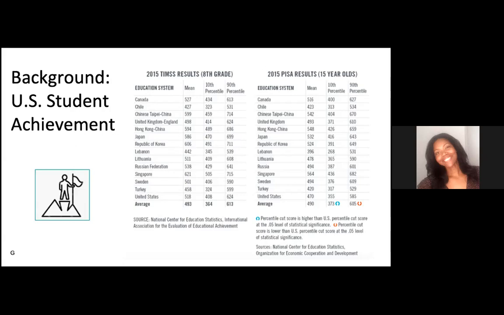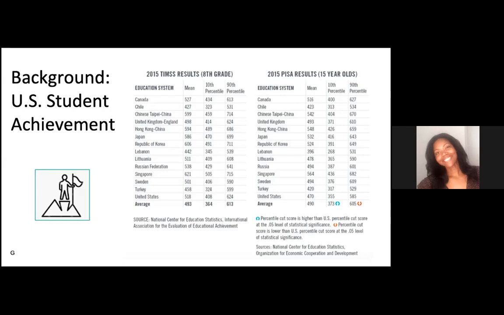And you'll see at the very bottom of the left table that the average performance on this assessment for 8th graders is a 493, but the United States is only slightly above that and is outperformed by Canada, China, Singapore, Russia, Korea. And so we're thinking about, why is that happening? We know there are several differences across all these different countries, but we want to delve deeper into that. Then you look at the PISA results. So this is on 15-year-olds across the country as well, and it's a different sample. PISA stands for the Program for International Student Assessment.